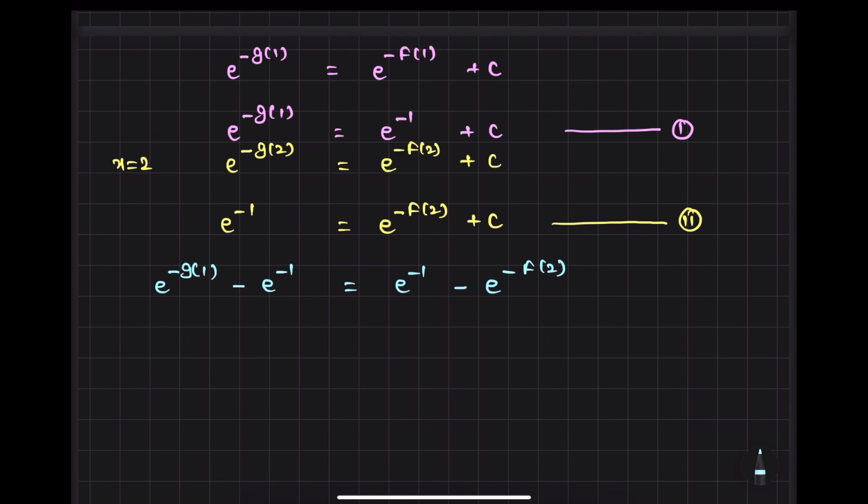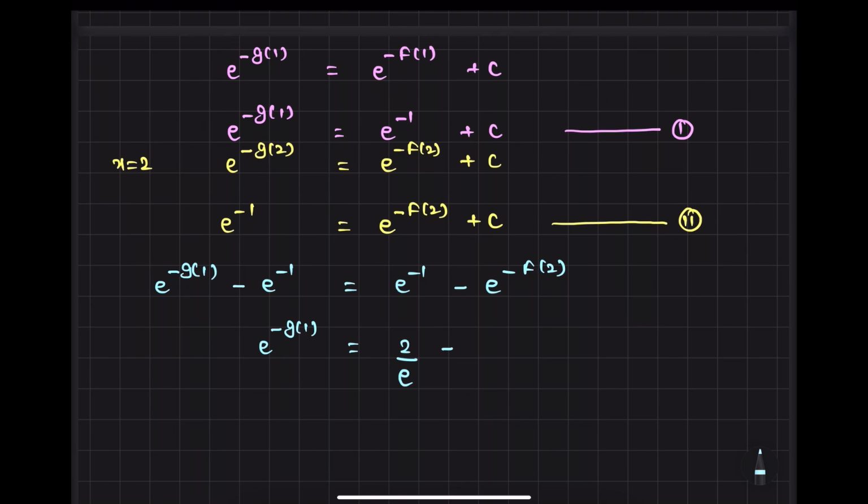Now suppose that we are interested in finding g of 1. So I will send everything to that side. So can I write e power minus of g of 1 is equal to 2 times e power minus 1? So e power minus 1 can be written as this thing minus of